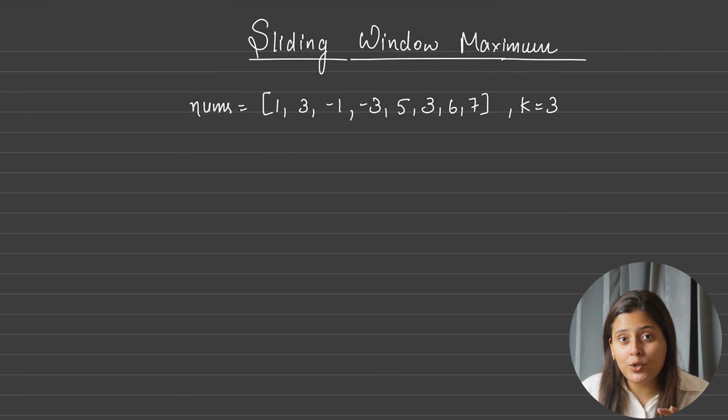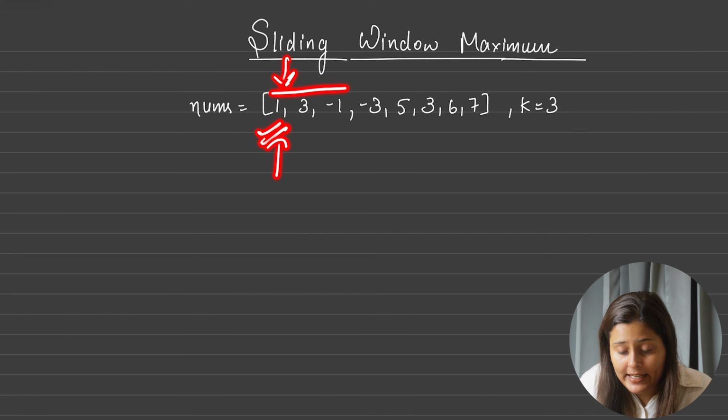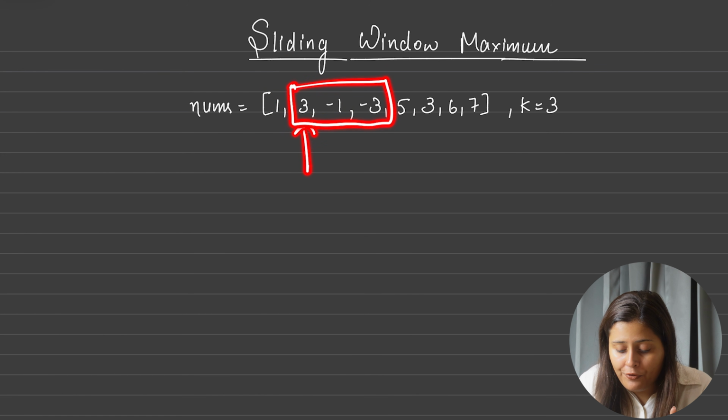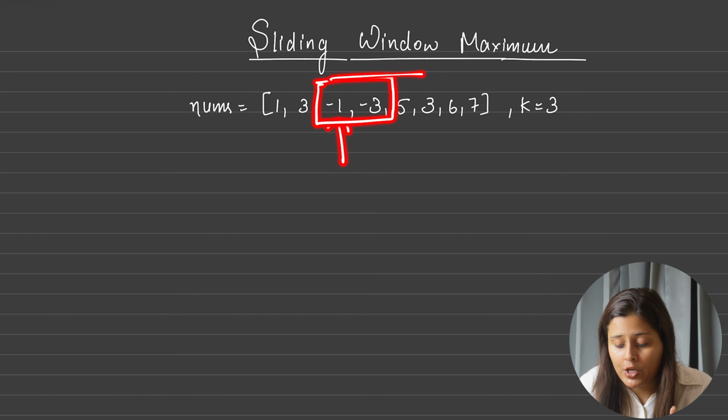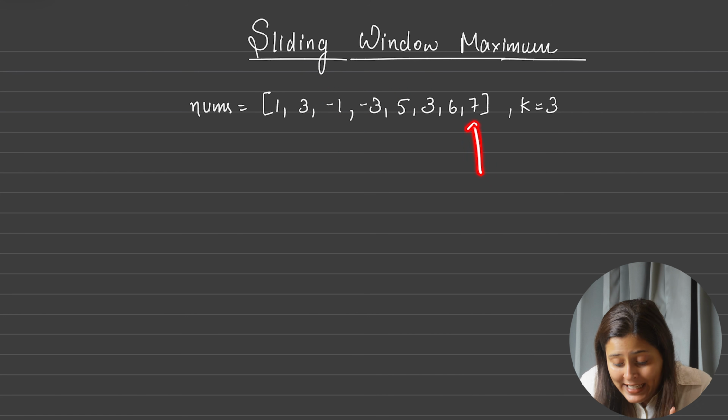Now let's see how we can do this with a brute force approach. For every i index, I want to run my j for the next k size, correct? Then I will calculate the maximum. Okay, now for another i, again k size from here. Now from another i, again k size from here. So do you think I can put my i index here? No, I cannot. So till where can I put? I think till here I can put.